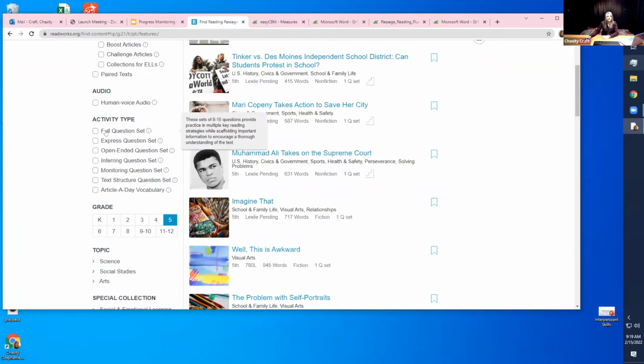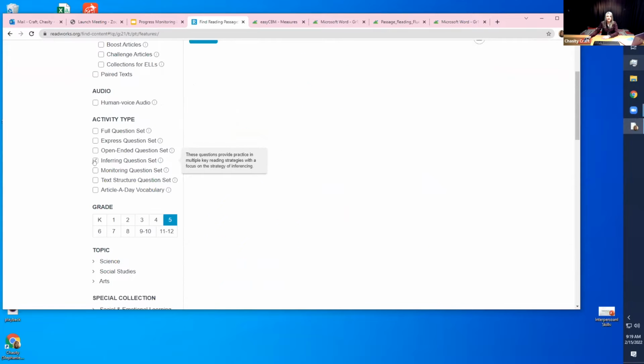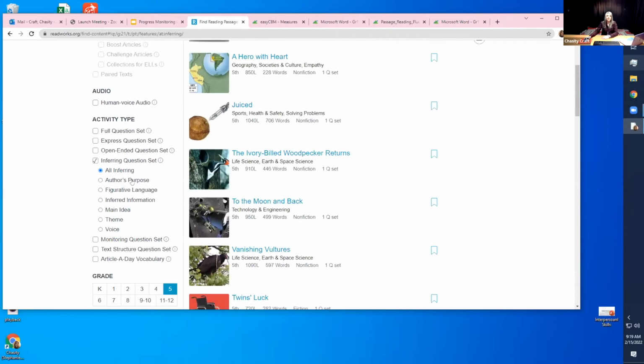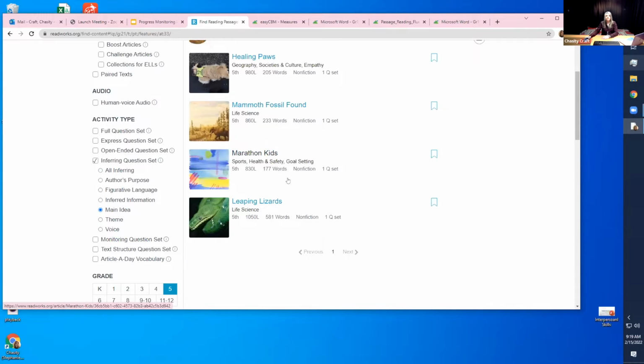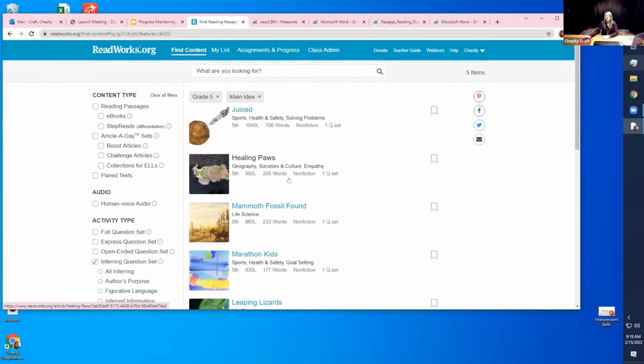Then if you're wanting to look at inferring, then you just click inferring. Or if you just want to assess the main idea, you could click on that. And then when you go to print, it will print questions to target that skill. So this one is a really good website, a really good resource to help you with your